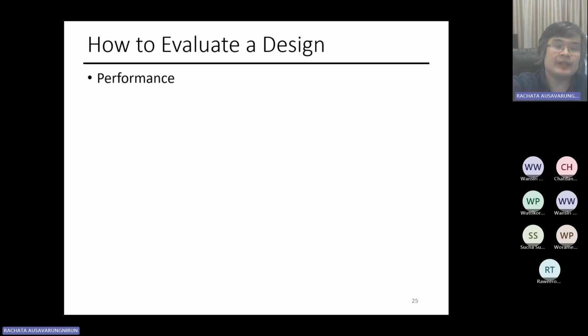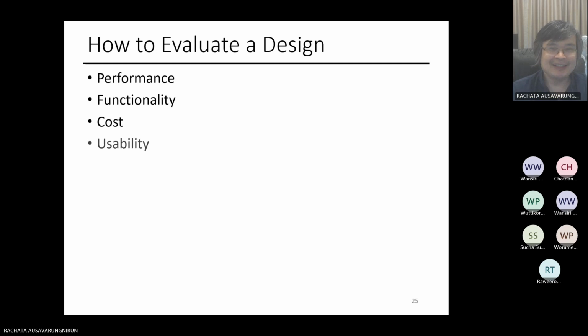And to evaluate a design, usually we look at multiple things, including performance. How fast is my chip? Functionality: can I use it for a bunch of programs, or does it run only certain programs? Or how easy is it to use my chip? Cost: do I have to pay a lot of money? Usability: who can use my chip? Is it useful? Etc. Things like power,